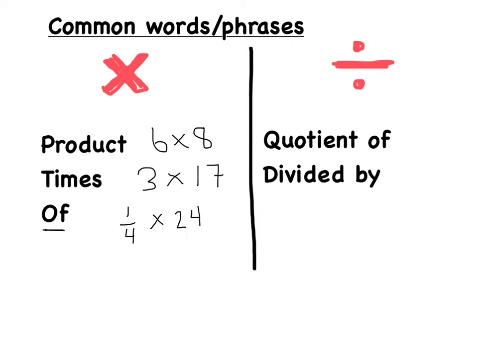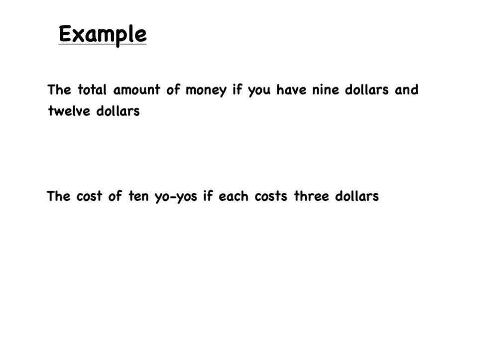In division, one of the most common words we would use is quotient. For example, the quotient of 14 and 7 is 2. That basically means, what is 14 divided by 7? The next one is divided by, which I actually just used. So what is 24 divided by 2? That would be 12. When it comes to word problems, I recommend looking through the word problems and underlining all